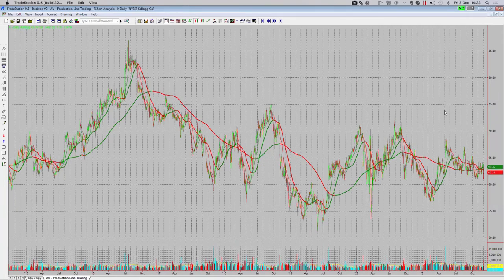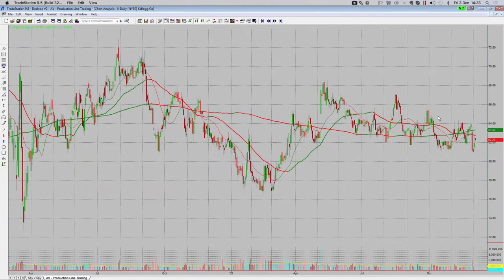It's just one of those stocks that, while it's good, it's making money, they've got dividends, it's just not doing anything. And that's okay. There's a different style of trading that I can apply to Kellogg. And I need to know that before I go live on a trade. I would trade Kellogg's in a very different way. I would probably sell options because it's going nowhere. I could probably buy stock and sell covered calls. I could probably just buy stock and collect the dividends. It's a different style of trading, but we need to know, is this the right stock or the right group of stocks for this style of trade?